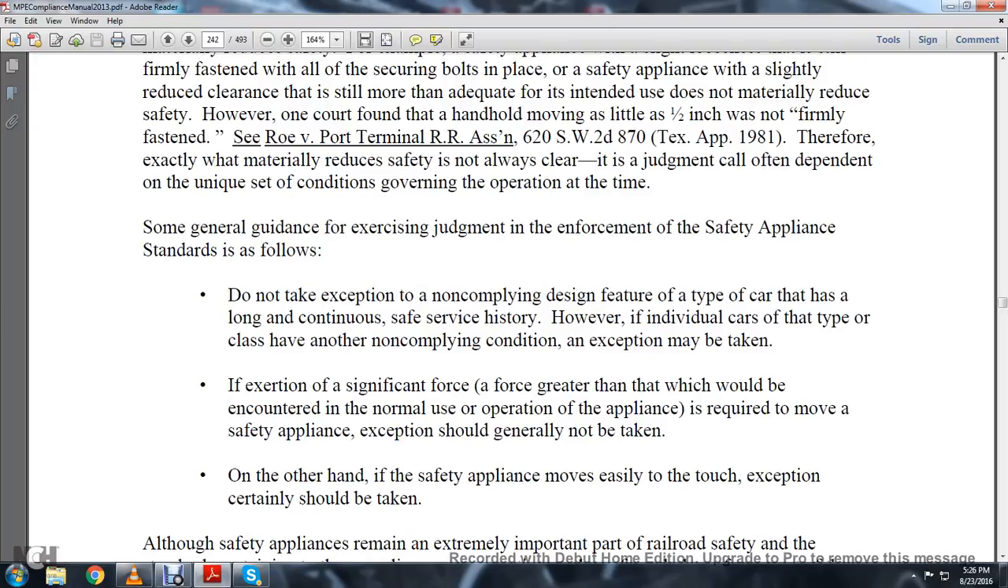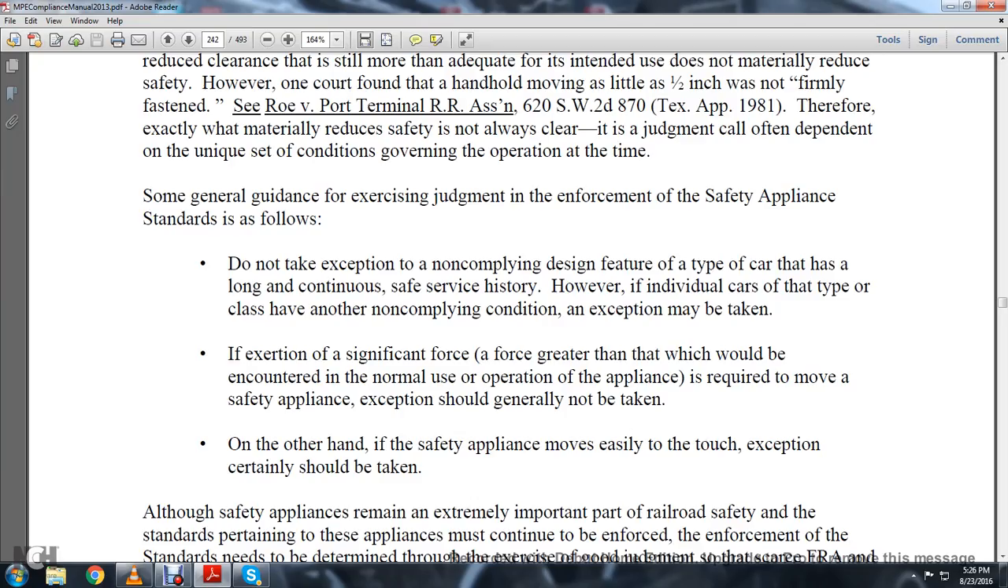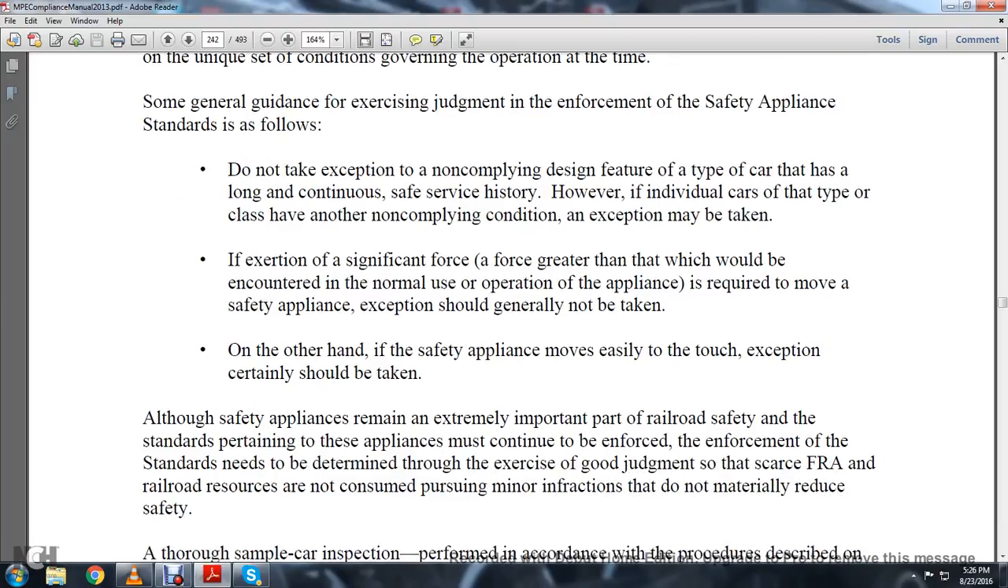continuous safe service history. However, if individual cars of the type or other classes have another non-compliant condition, an exemption may be taken. An exertion of force greater than would be encountered in the normal use or operation of appliances required to move safety appliances, an exemption should generally not be taken. On the other hand, if a safety appliance moves easily to the touch, an exemption certainly should be taken. Although